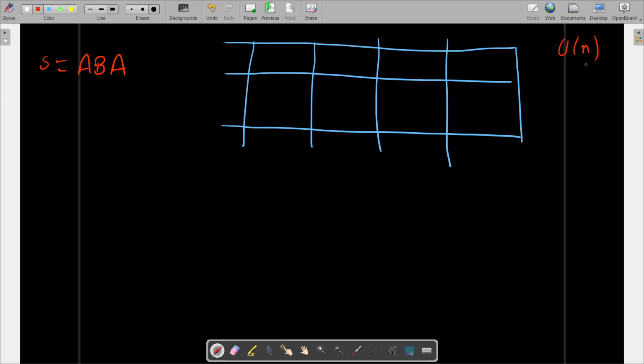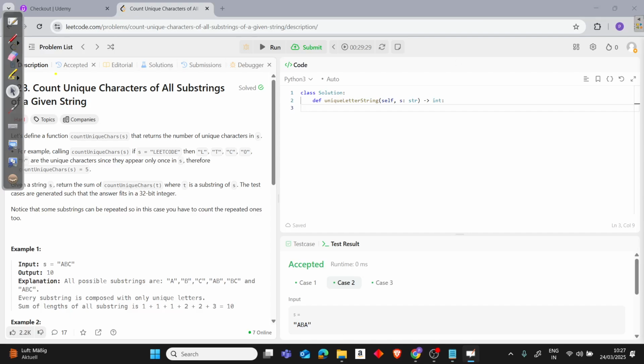It will be O of n and O of n. I'm writing it in advance. But let's continue with the brute force, what the question says first. So the question says,